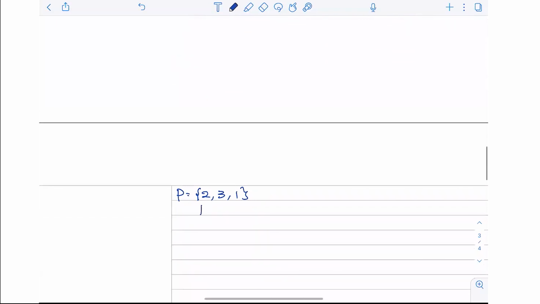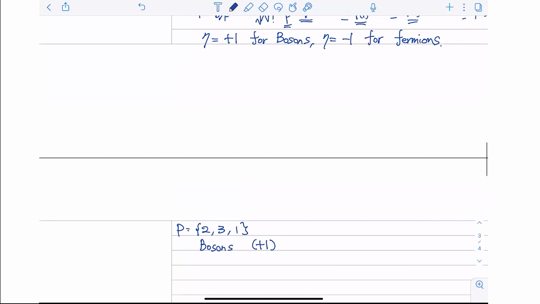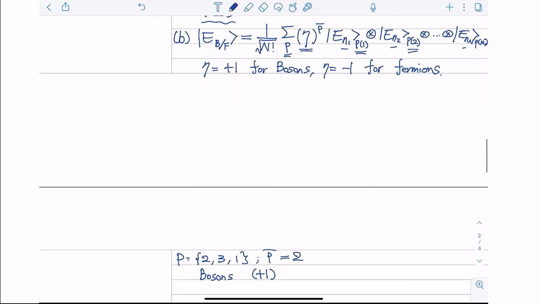For bosons, we have eta to be +1. And the question is, what is the corresponding number P bar for this permutation? As we have tried, we know that P bar for this permutation is actually 2. So if we look at this expression, the corresponding term in this summation is +1 to the power of 2